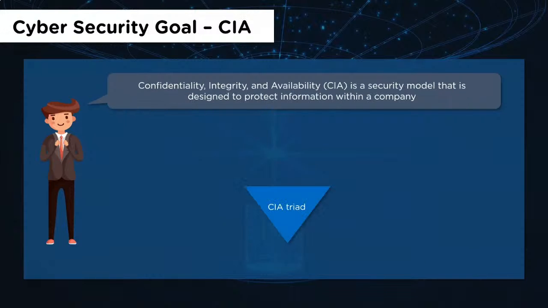Moving on, let's now talk about cybersecurity goals, that is CIA. And we are not talking about the Central Intelligence Agency here. We're talking about the CIA triad, which is confidentiality, integrity, and availability. This becomes the baseline for every security professional. At any point in time, it is the CIA that we are trying to implement in an organization to ensure that our information security is at a very acceptable level.